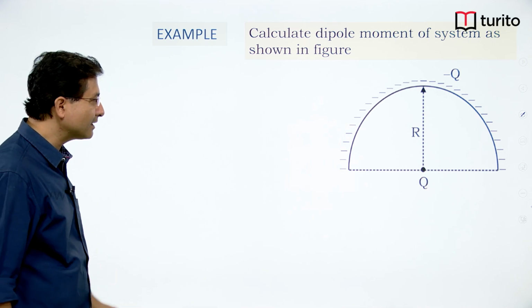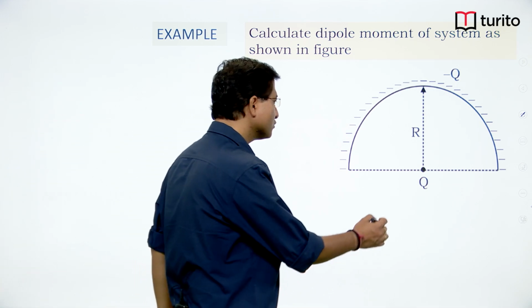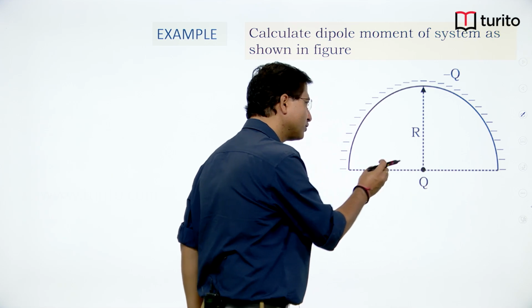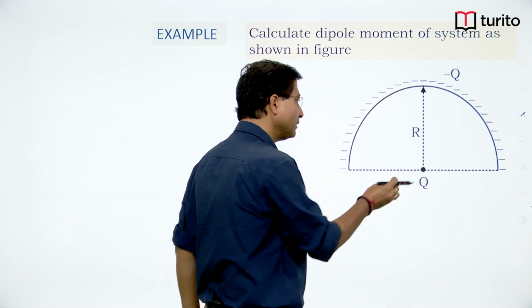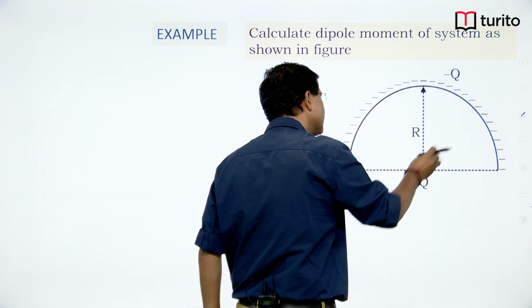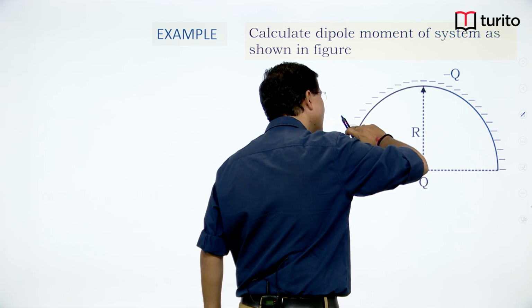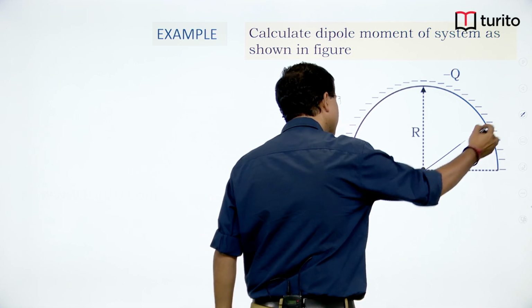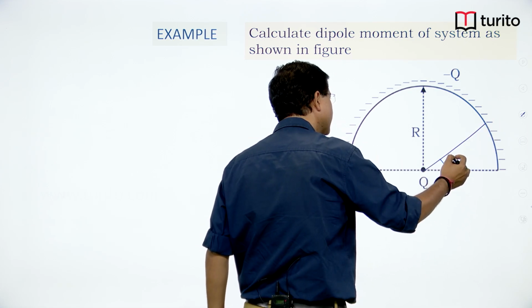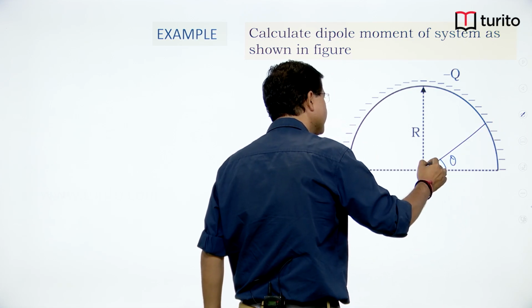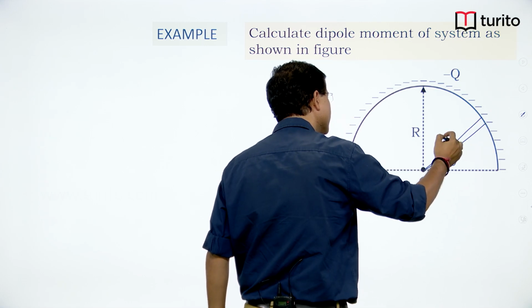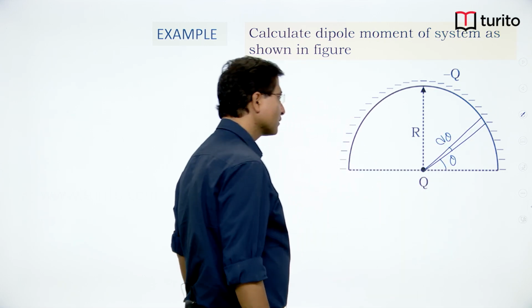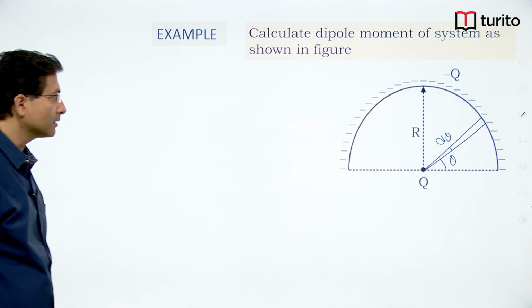Now, you can break this q into small parts dq, and those dq will be making combination with the dq on the ring. If I take a small element at an angle theta, which is subtending angle d theta,